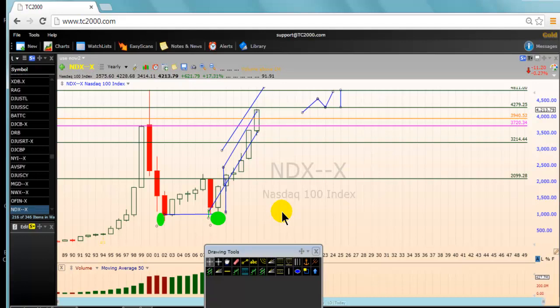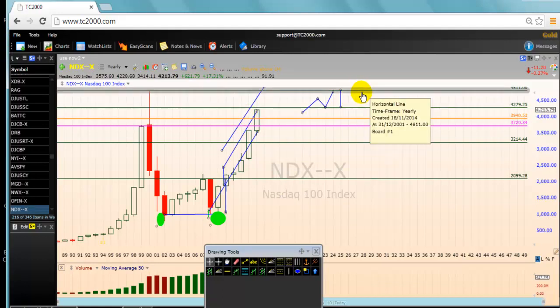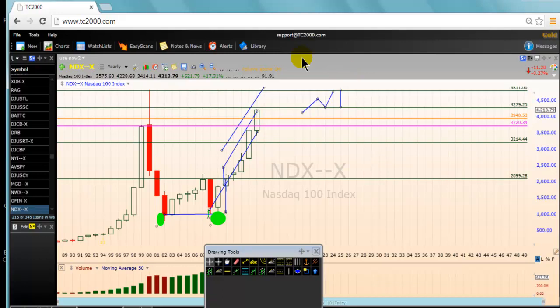So I'm talking like this to get your attention. If you are always bullish and you don't even sell, there is a resistance at 4279. All right? Very, very important. But the medium-term target is at 4811. You don't want to forget that. So the ultimate bullish target is 5344. Medium-term target, 4811. Let's move on.